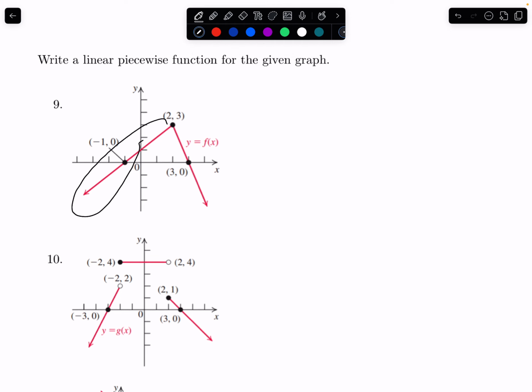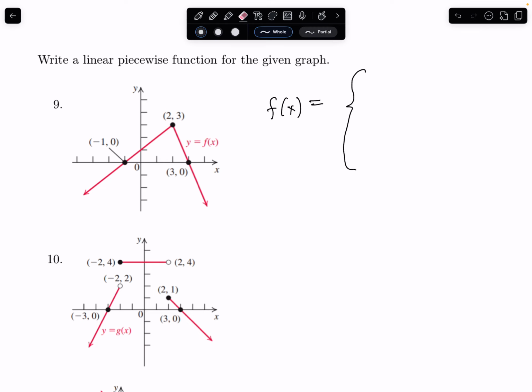So, first, number 9. This is a function that's split into 2 pieces, right? So we just gotta figure out how to graph this thing like this. We're gonna write it into 2 pieces, and we do this one-sided fancy curly bracket to show the 2 pieces, and then we're gonna say what is the equation for this line that goes there, and then what is the equation for this line. And then we say where we want the first line to be defined, which is everything up until